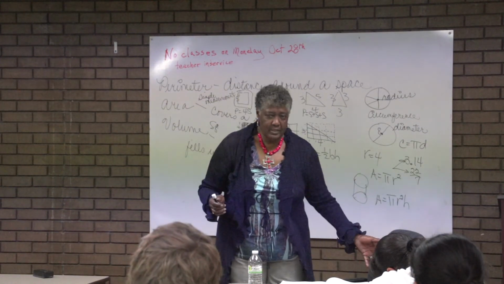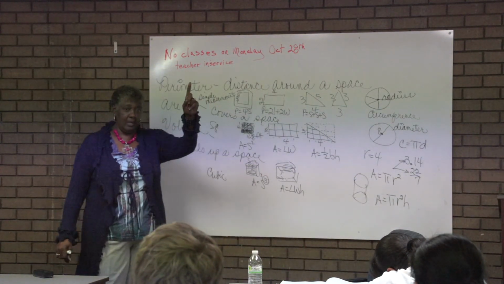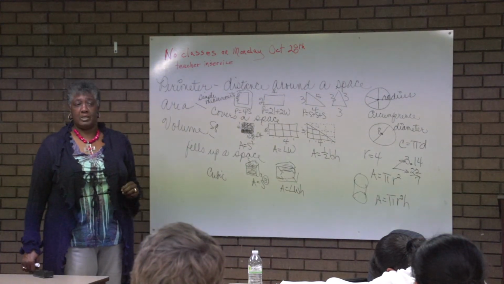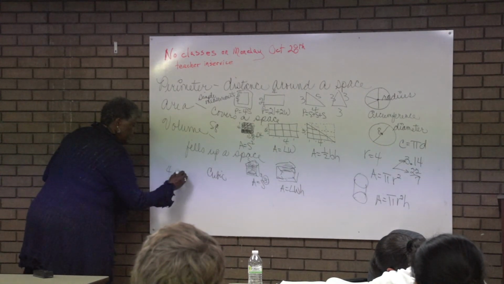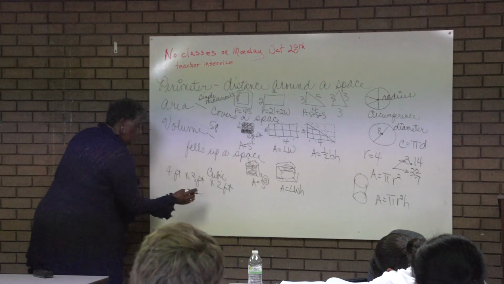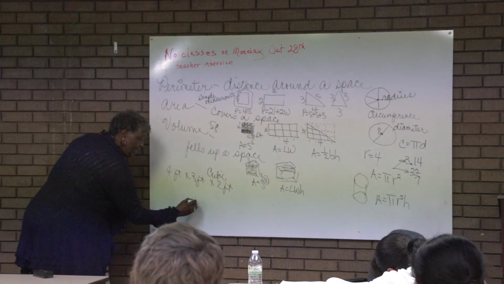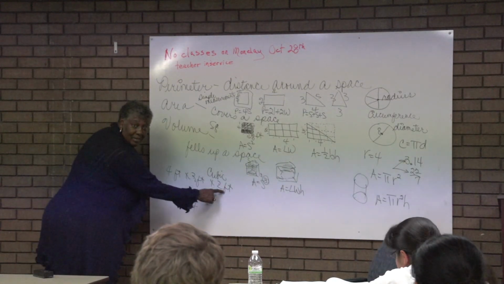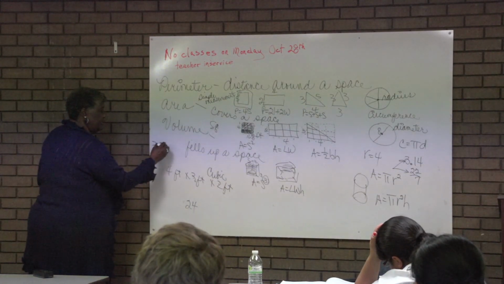Okay? So if they say, how many cubic feet of dirt? You know it's volume. You know it's got to be length, width, and height. It's got to be 3 things to multiply together to get cubic something. Because when you multiply 4 feet times 3 feet times 2 feet, when you multiply 4 times 3 is 12 times 2 is 24. That's the number. But you also have to multiply feet times feet times feet. Anything times itself 3 times. If I have 3 times 3 times 3, that's